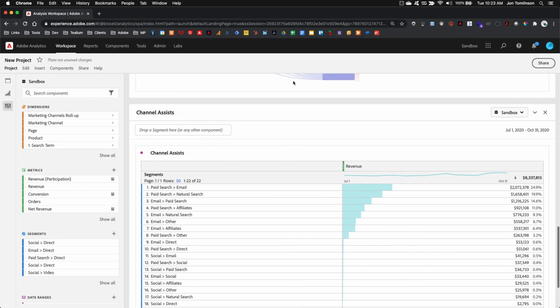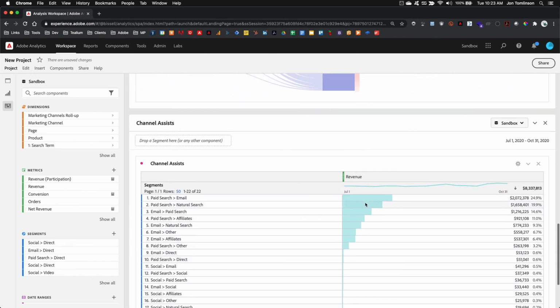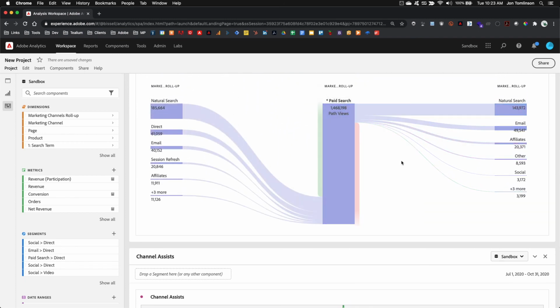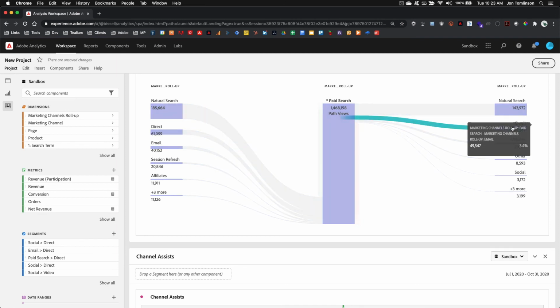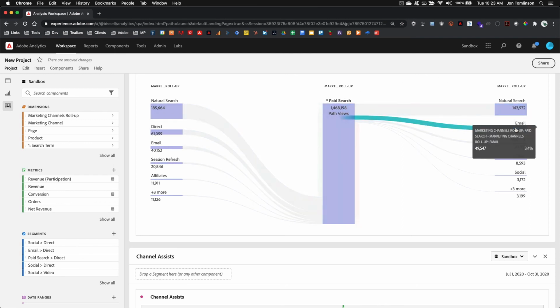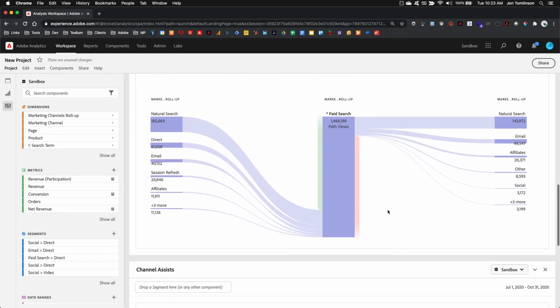Very similar to this view. In fact, I used this view to create these segments. So let's say with paid search, visitors who then touched email later, after paid search was an assist, email was the last touch channel. So what I can do there real quick